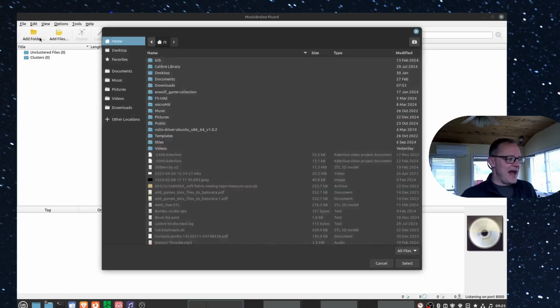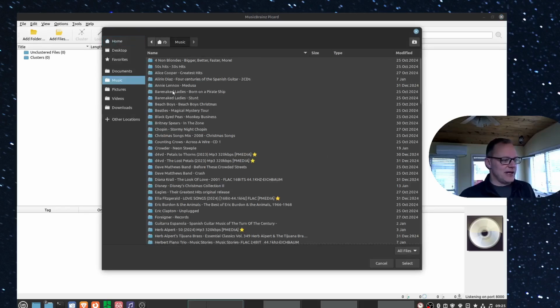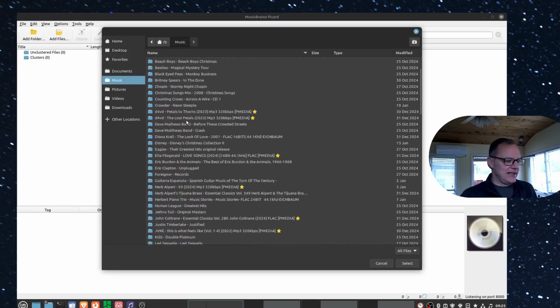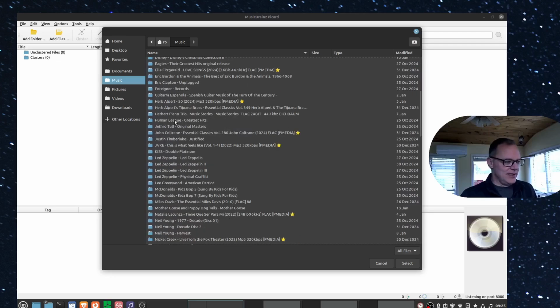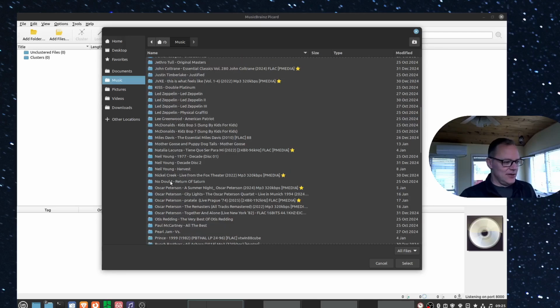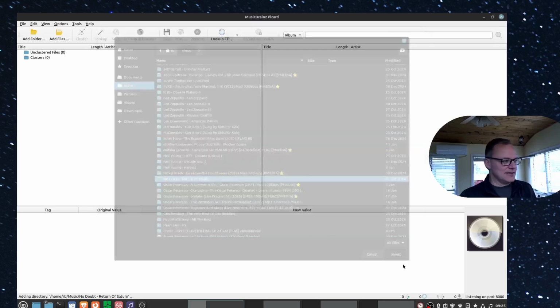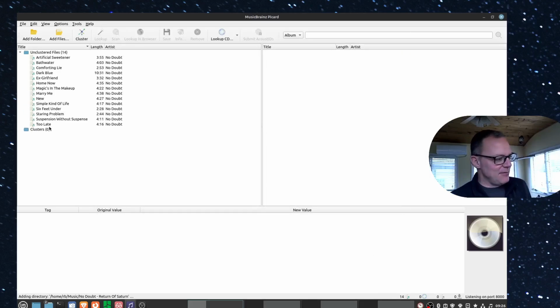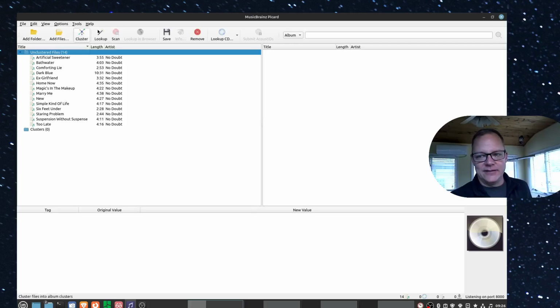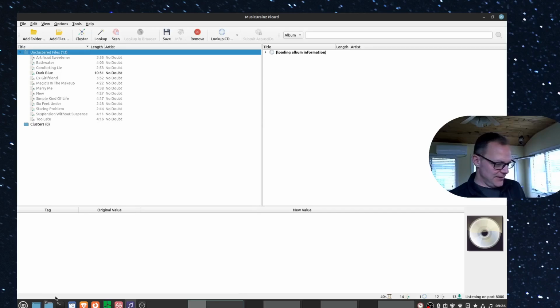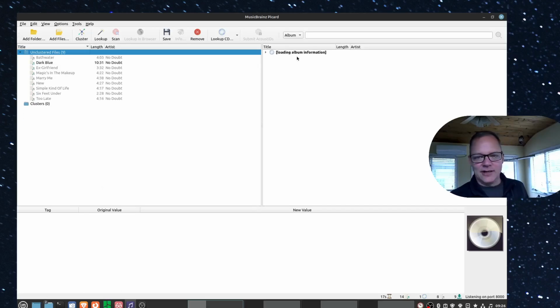So I'm going to go ahead and add a folder. I'm going to go to my music directory, and let's just pick a random one in here. Let's pick No Doubt Return to Saturn. We're going to select that, and we'll see it has my files in here because I added the entire folder, so it's going to add the whole album. And then we're going to select that top level filter is what I do, and then I click lookup, and it will go down. You'll see an update down here, and it'll start running through tracks, doing its thing, looking over here,